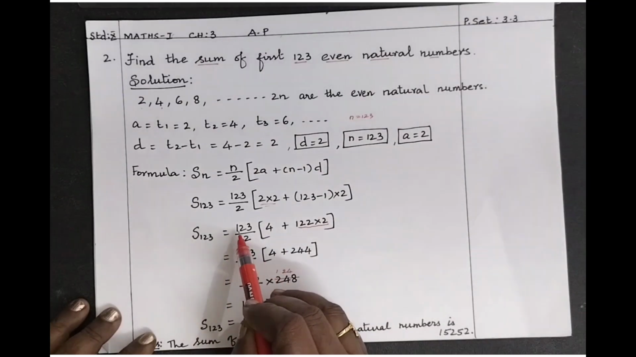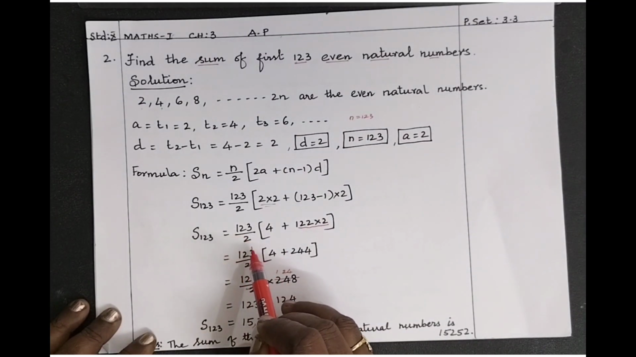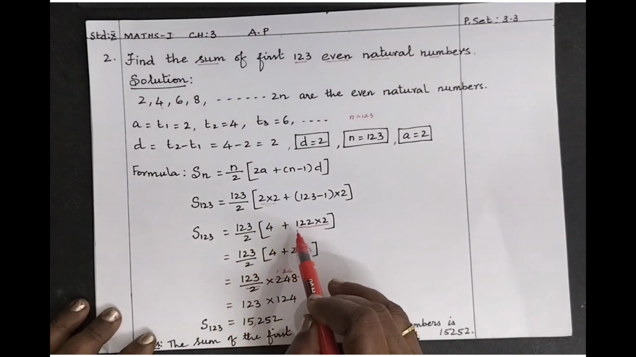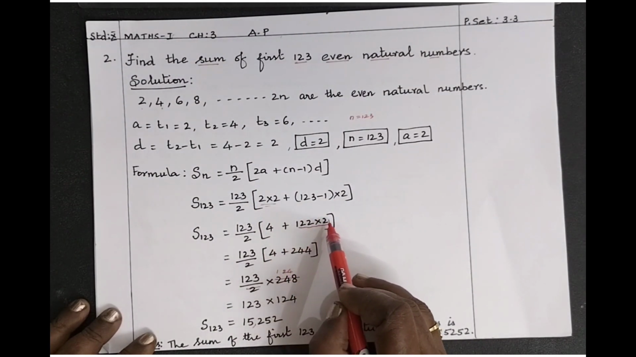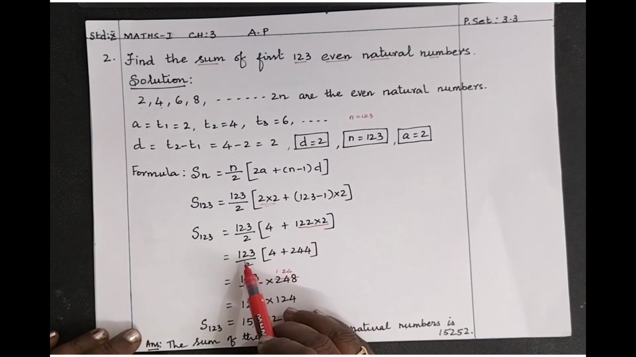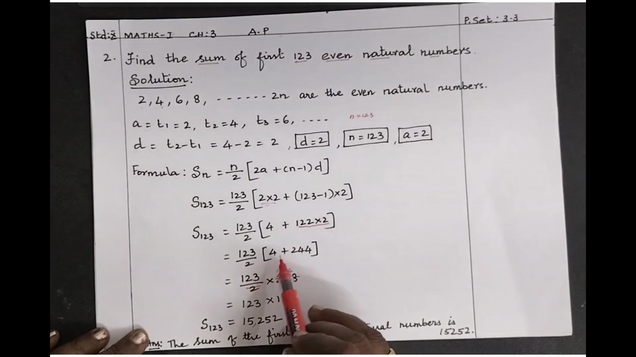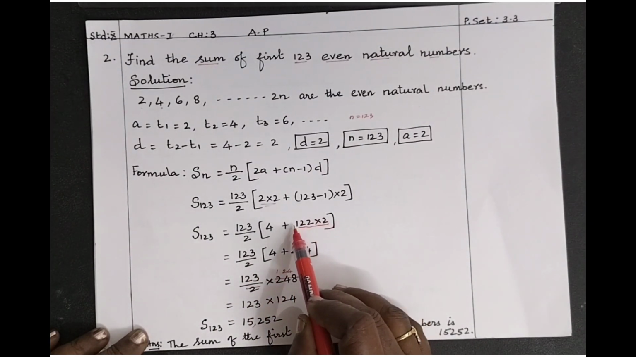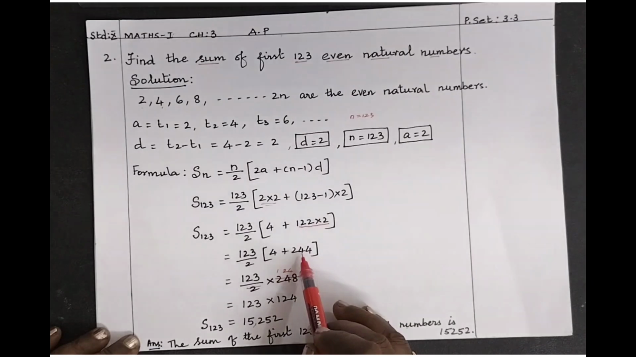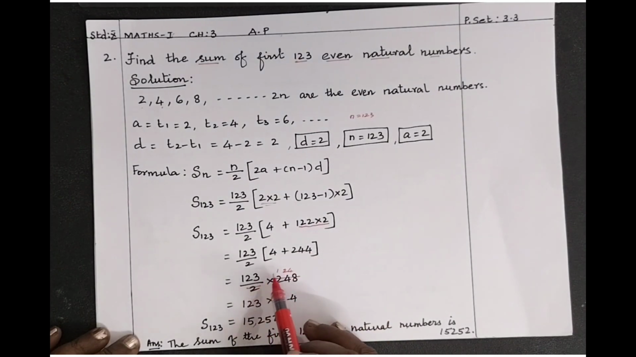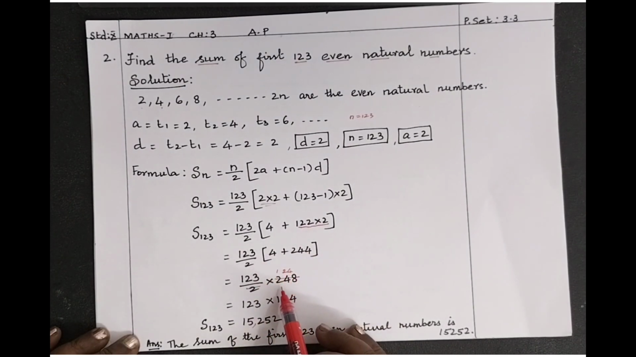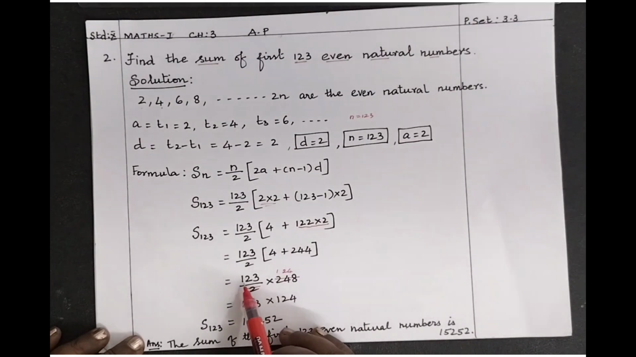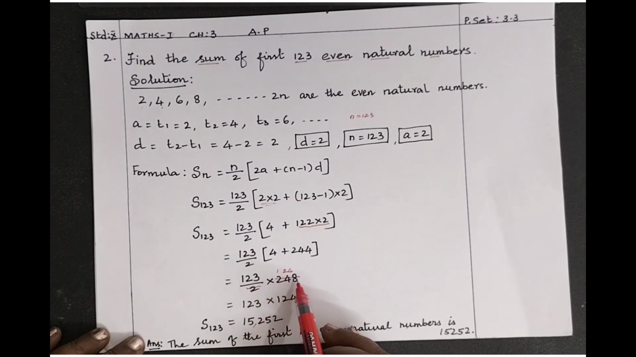Therefore this is equal to 123 by 2 into, this is 4 plus this is 122 into 2. So 123 upon 2 into 4. First we have to multiply this. Use Vedic rule. So 244. Okay. So when we add these two, we get 248. So 123 by 2 into 248. So cancel this, you will get 124. Therefore 123 into 124, which is equal to